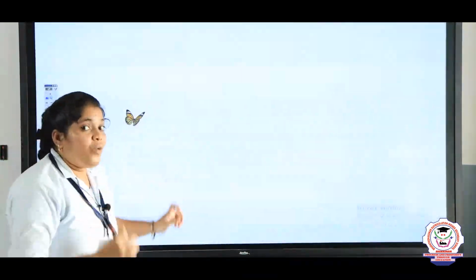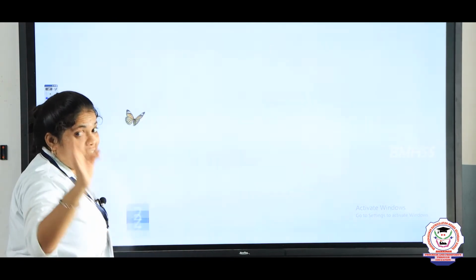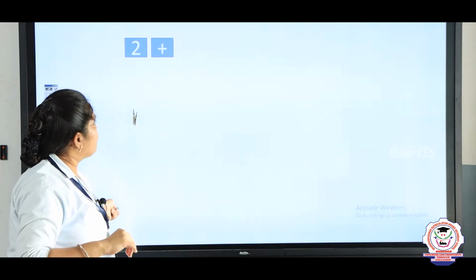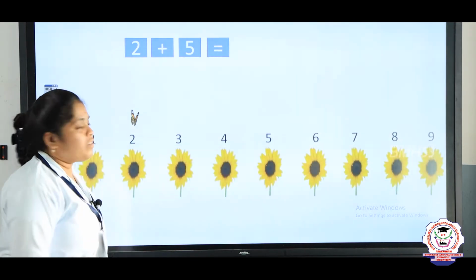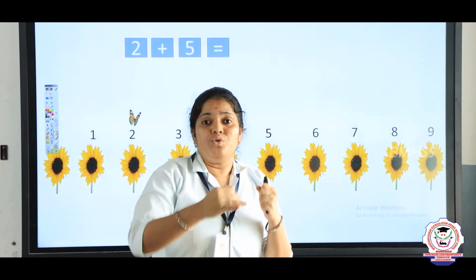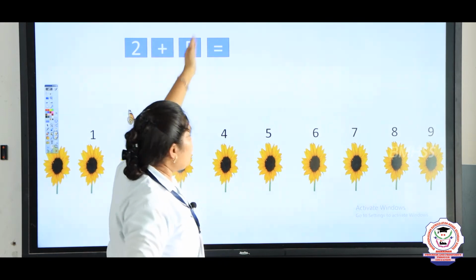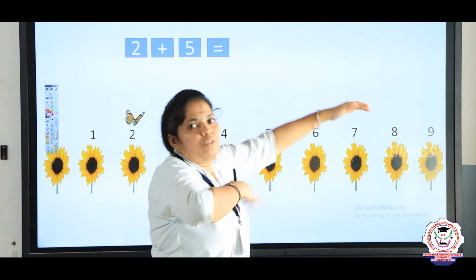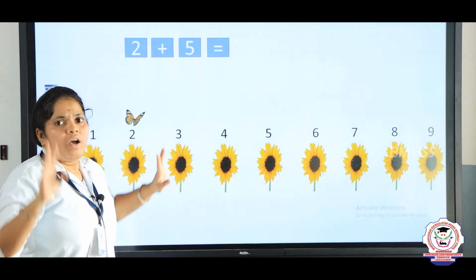Now, we are going to use the addition on a number line by using 3 numbers. Okay. First, the given numbers are 2 plus 5 plus 5. What will be the answer? Let's see now. The first answer plus something we are going to add. The sum is that only. So, first 2 plus 5, what will the answer be?